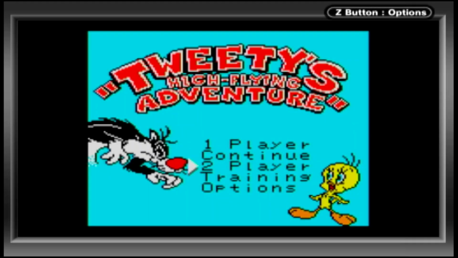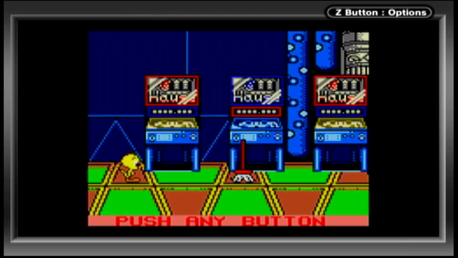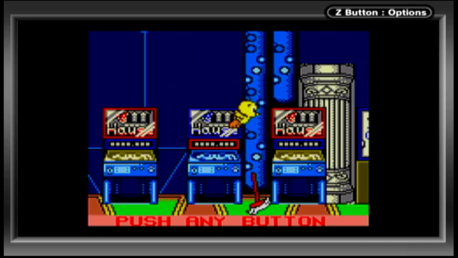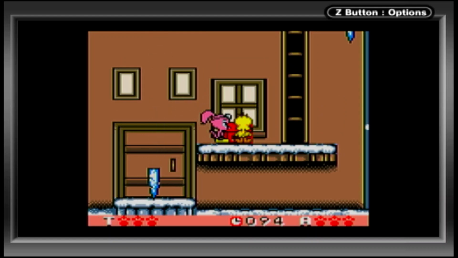Released in 2000 by Kemco on Gameboy Color as a marketing tie-in with a DVD movie release, Tweety's High-Flying Adventure is a forgotten 2D side-scrolling platformer with a competitive 2-player link cable mode. The multiplayer mode essentially takes the obscure gameplay objectives of the single-player campaign and adopts them into a 2-player head-to-head